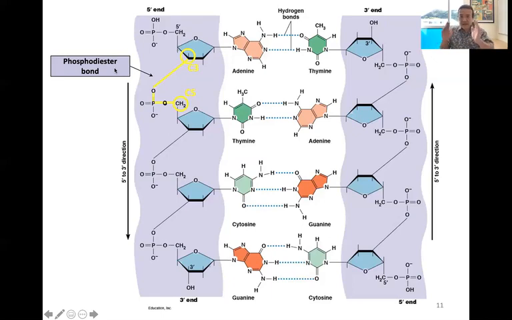And because of the angles of these bonds, because again, even though we always draw them on a piece of paper or on the screen in 2 dimensions, there's no reason why these lines would all be perfectly flat along the surface of your screen. In reality, there's different angles just because of the electron orbitals, right? So the natural angles created by the phosphodiester linkages between the nucleotides contributes to the spiral structure of